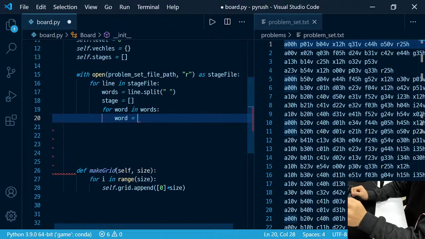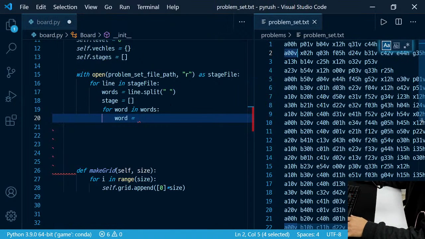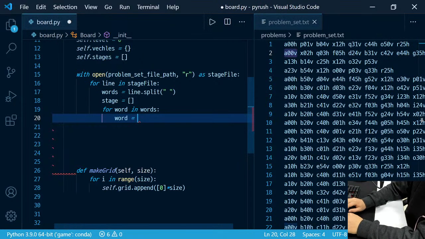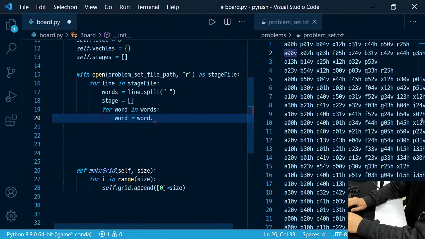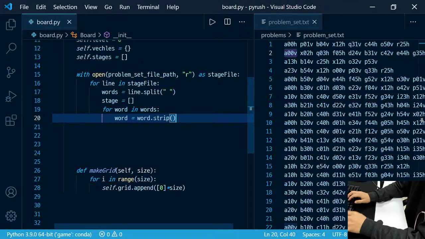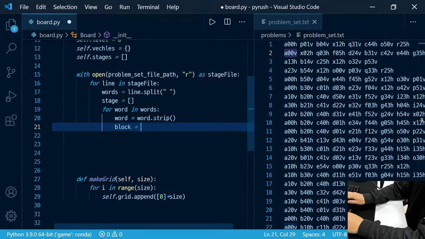You want to strip before the useful character or the end. Thankfully there is a function for doing that. Strip. You eliminate all the unnecessary blanks, and then we make another small list,